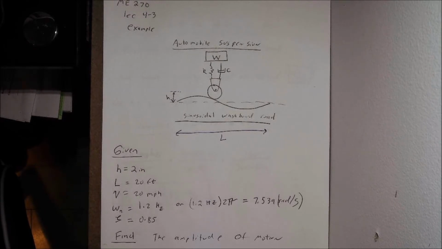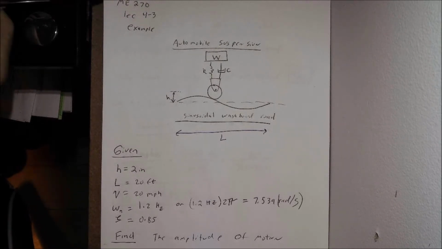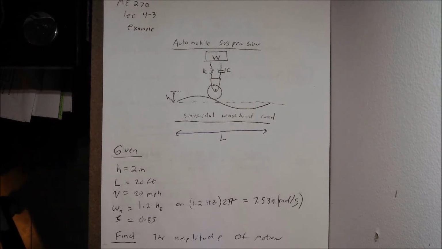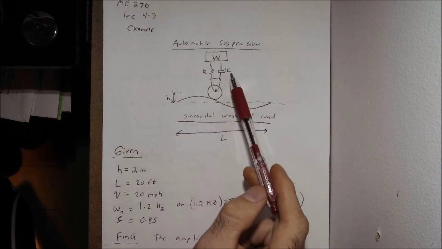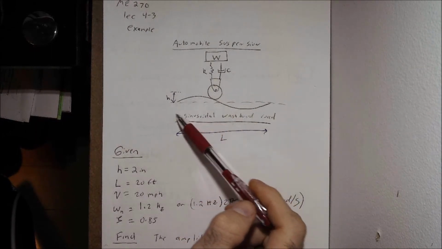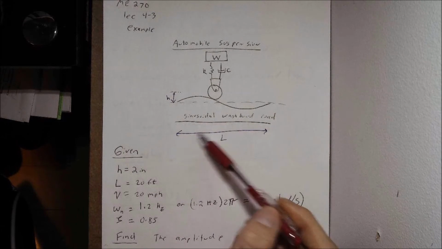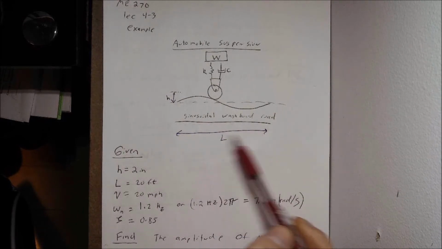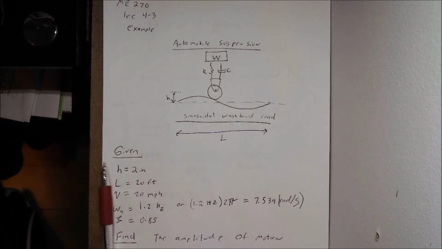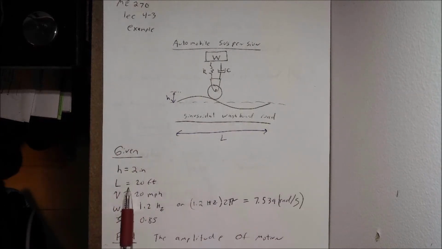So for our setup page for this problem here, we have our title up top, ME 270, Lecture 4.3, example problem. So this one here is automobile suspension. We redraw our diagram, our weight, spring constant, our C value here. We have our height, H, a sinusoidal washboard road with a total length of L. And we have given values here: H is equal to 2 inches, L is equal to 20 feet,